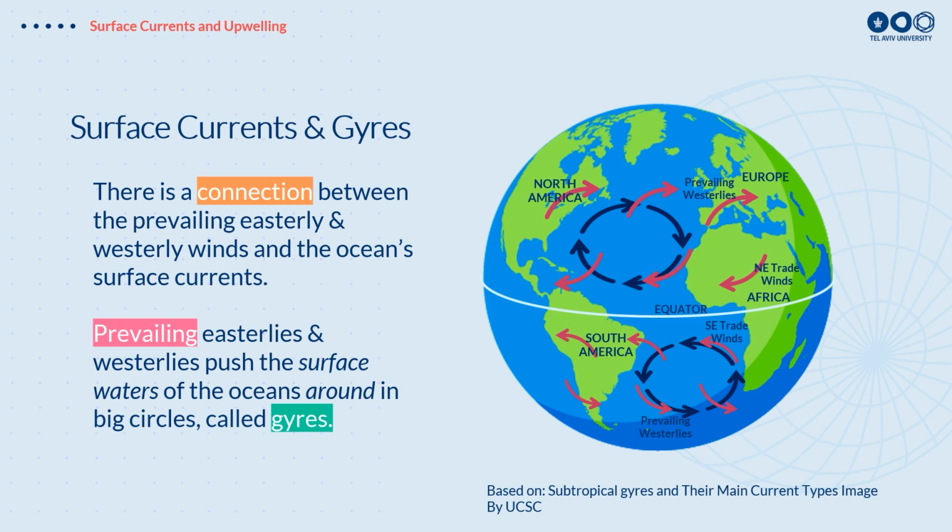And you can see here on this map, the red arrows show what's happening in the atmosphere. We've got the easterlies in the tropics, the northeasterlies, the southeasterlies, and then as we go further north from 30 to 60 degrees, we have the westerlies, and the blue arrows show what's happening in the ocean. So in the tropics, the waters are getting pushed towards the west. In the higher latitudes, from west to east. The only difference is that in the oceans, we have boundaries.